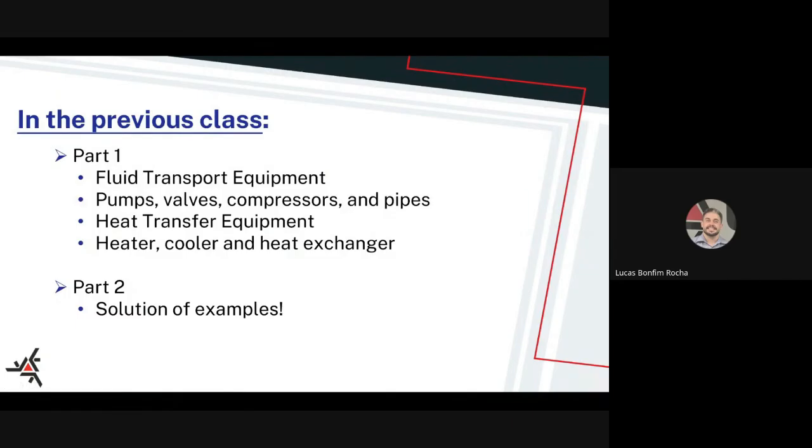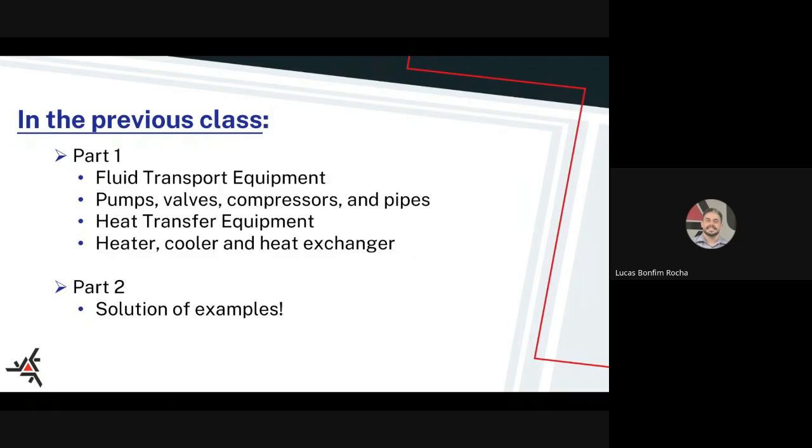And in the previous class, let's remember that we learned how to configure some models for fluid transport and heat transfer. Okay, and for fluid transport, we checked some configurations for simulating pumps, valves, compressors, pipes. And we solved a large example combining many of this equipment, and also we tried the most common equipment for heat transfer available in Aspen Plus, for example, for using some of them as heaters, coolers, or also a